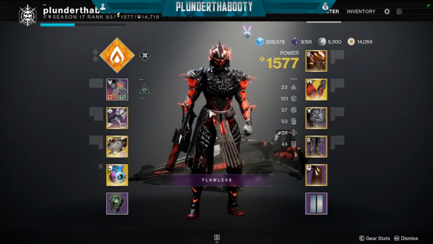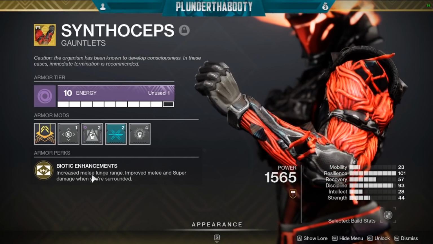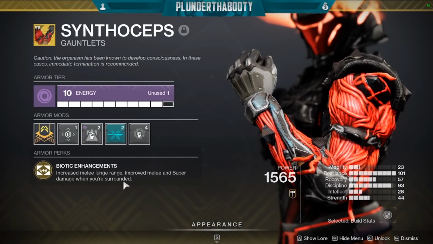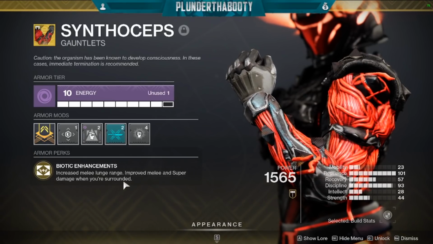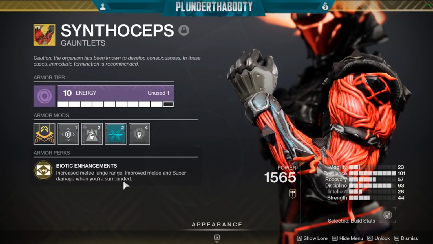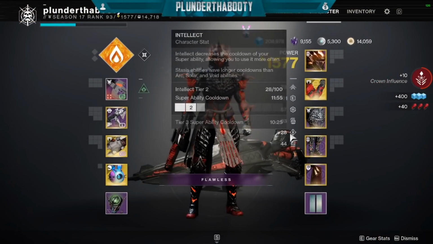So that's our first damage multiplier, and then we also have Synthoceps here. So it's biotic enhancements, increased melee lunge range, improved melee and super damage when you're surrounded. You need 2 or 3 enemies next to you, and biotic enhancements will pop up. It actually lasts for like 7 seconds, I think, so you get a good amount of time to use it. And basically, if you're doing damage to a boss or a high health target, you want to make sure there are enemies around you, but that's perfectly fine because we can survive based off the healing that I already